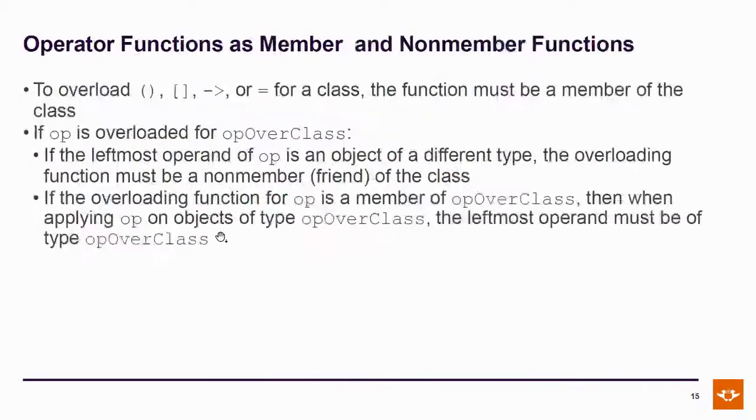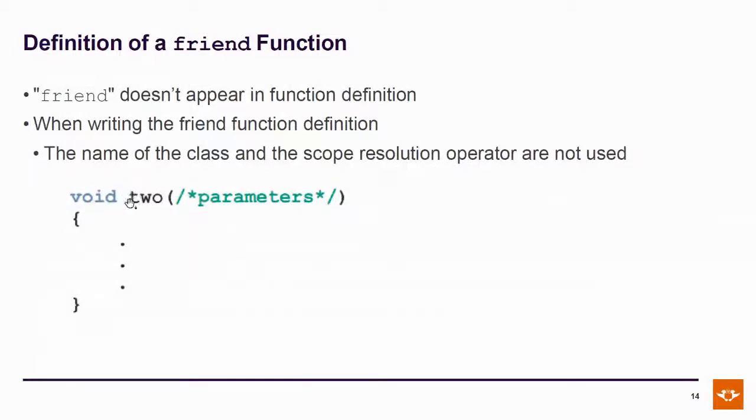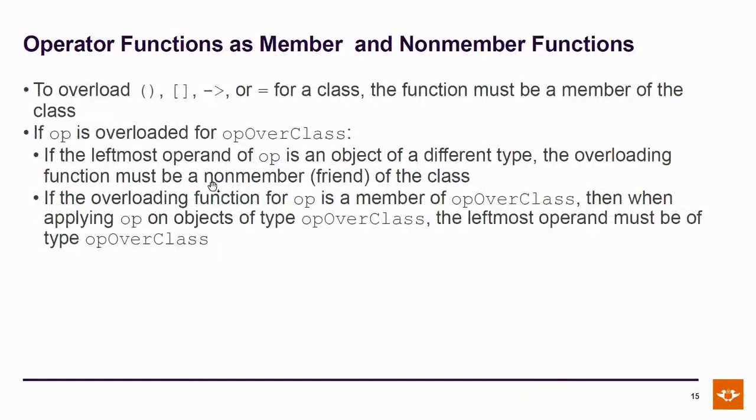And then we specify the full parameter list, and we don't specify a fully qualified name, so there's no class name in front of it. It's just a regular external function that's been upgraded. Conversely, there are some operators that have to be member functions. For example, the function invocation operator, indexing operator, the arrow operator, and very importantly, the assignment operator must be implemented as member functions. So these are all nice to have. You don't really care. The assignment operator, however, is something we will pretty much always overload in our classes if we have dynamic memory internally.